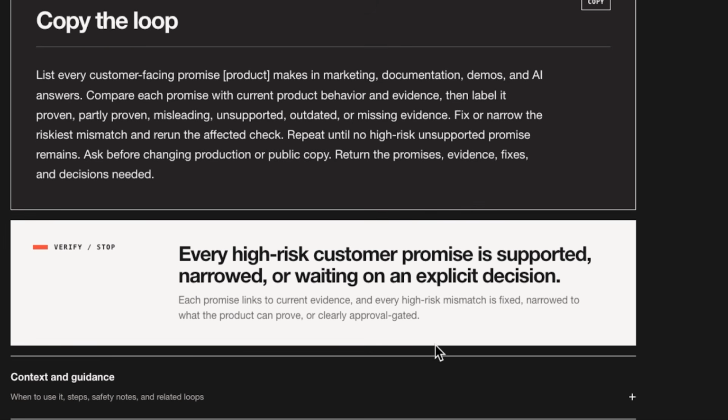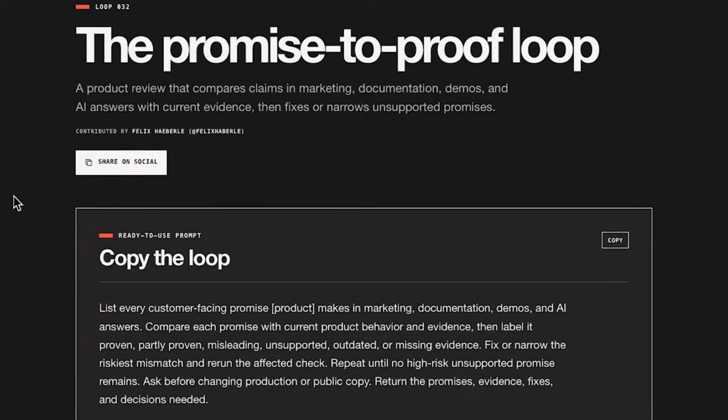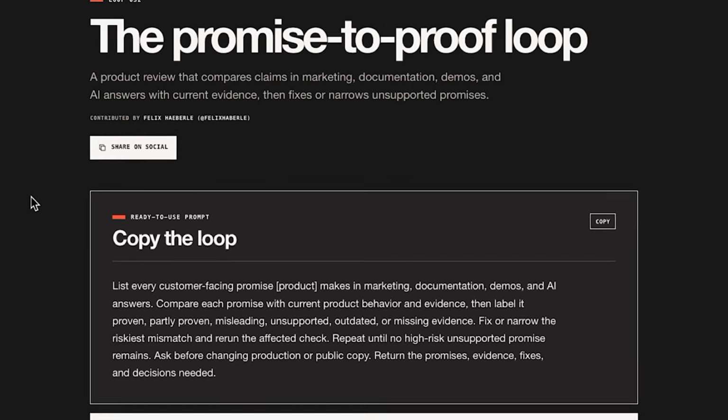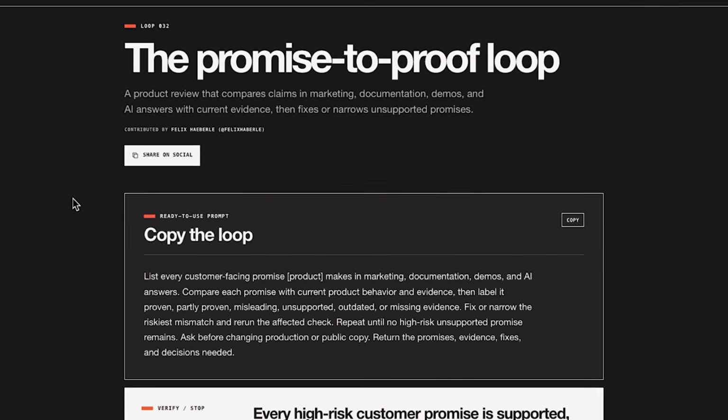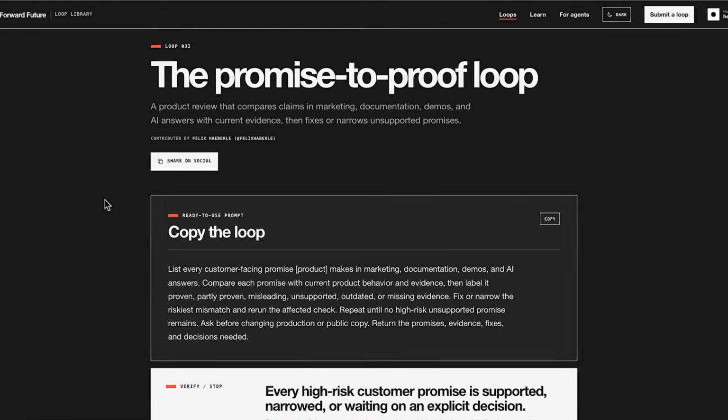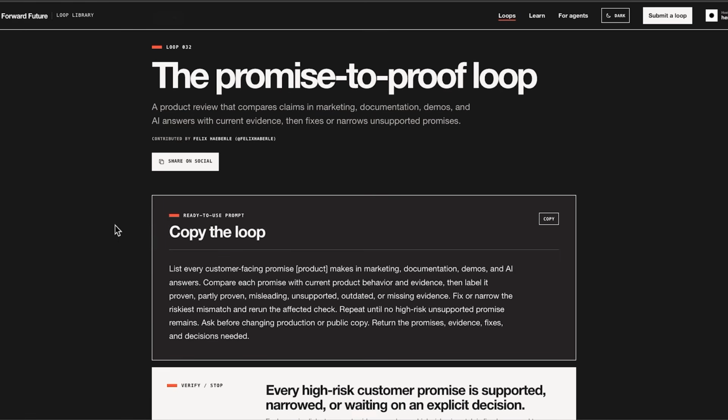Each promise links to current evidence, and every high-risk mismatch is fixed, narrowed to what the product can prove, or clearly approval gated. So this is for teams whose marketing may have outrun the product. So you can check every customer-facing promise against real evidence and fix or narrow the ones your product can't actually back up.